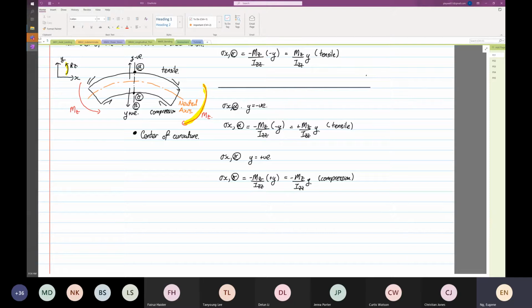So a simple thing to remember is that when the moment is in the Z direction, the second moment of area is also in the Z direction. Now, it is different from shearing stress. If we look at shearing stress, if I were to go up,